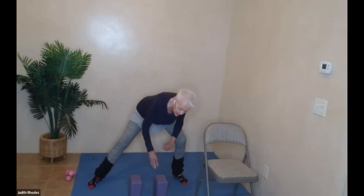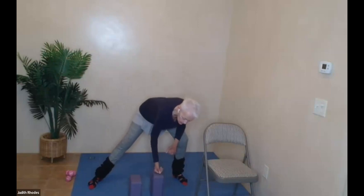Here, right forearm to right thigh, maybe. Left hand to a block or seat of chair. Left toes might want to come up off the earth here as you pulse into this right hip. Nice and easy for 8,